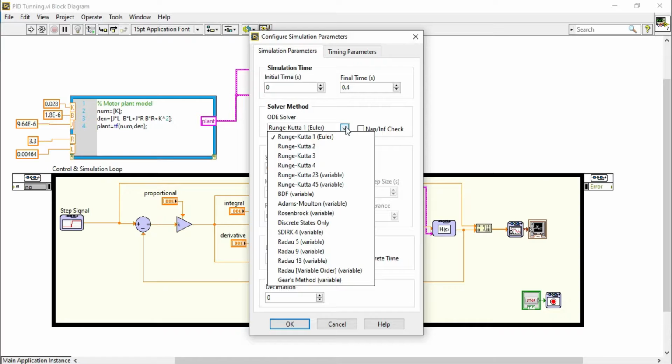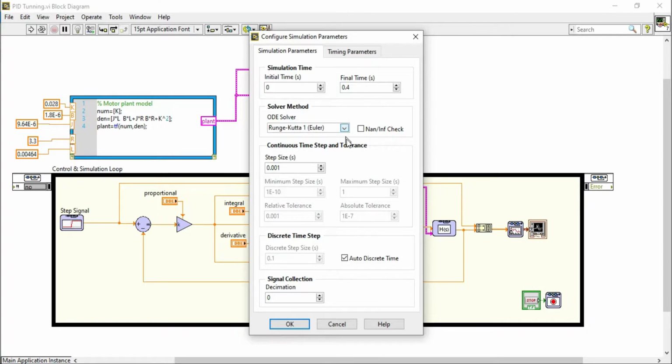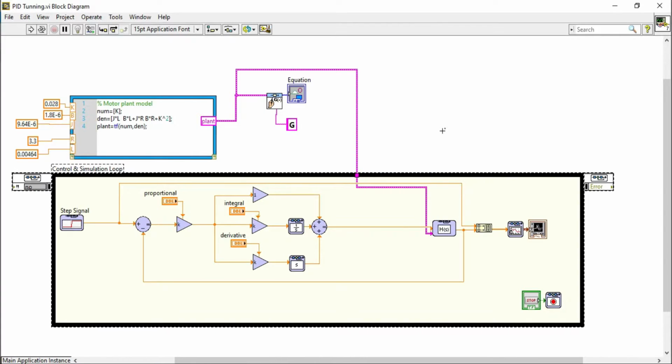With different ordinary differential equation solvers, you can get a better response. In this case I am using the Runge-Kutta method, and my step size is 0.001.